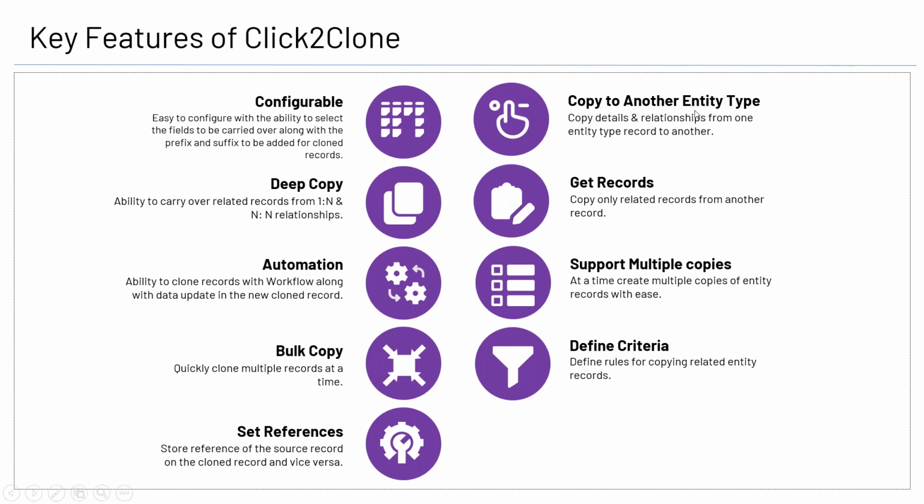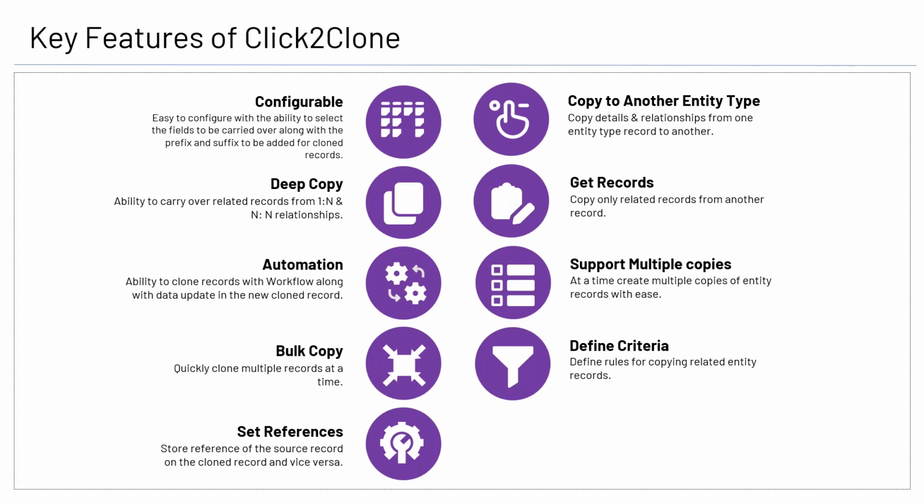Not just that, the Click2Clone has the ability to copy the details and the relationship from one entity type to another. Now, this is a classic feature that makes the Click2Clone stand out. It saves a lot of time. I'll just give you a gist, and we'll talk about this during the demonstration actually. So imagine that you have a quote which you want to convert into an order. You send the quote, it gets approved from your customer, and you now want to create an order. Wow, bring in the Click2Clone. It's going to take the quote entity record, and it's going to create an order entity record just for you